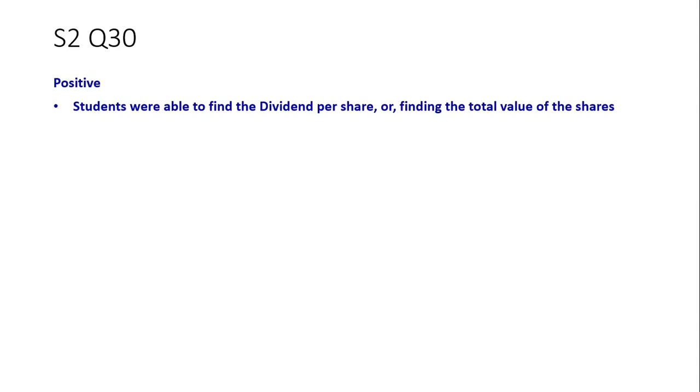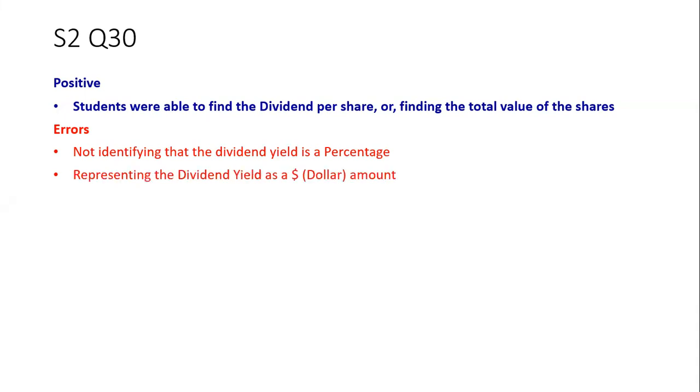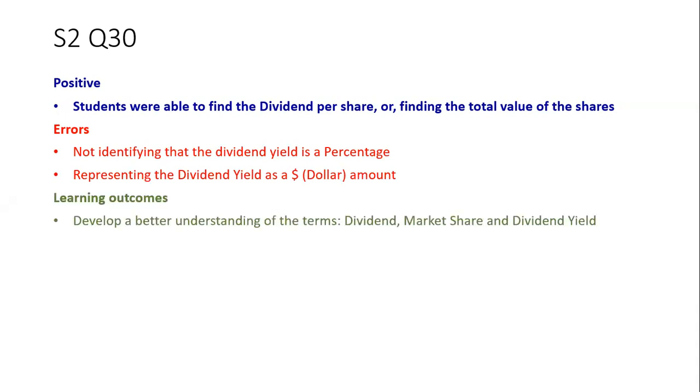The next step was probably the issue in terms of what they do with either or both of these values to find the dividend or the dividend yield. So like I said earlier, not representing the dividend yield as a percentage, rather than a dollar amount, was a major concern. Students were able to progress partway through the answer, but they tended to get lost on that very last part of converting it into the percentage, or, as I said, they were representing it as a dollar amount. So with this particular question, I'm sure it's probably come up in the past, it's actually the language,